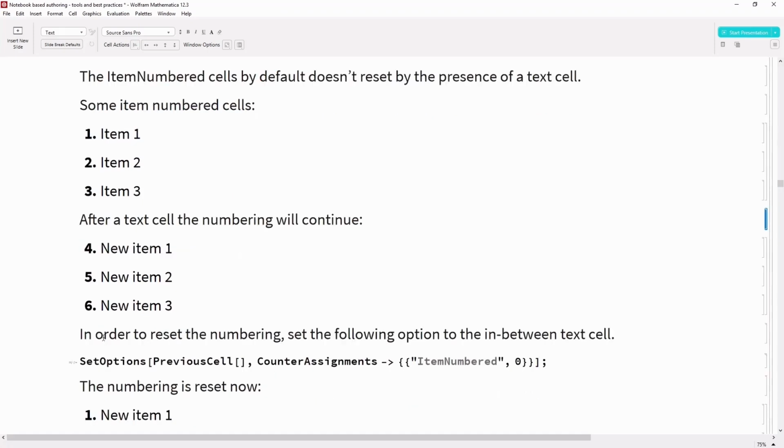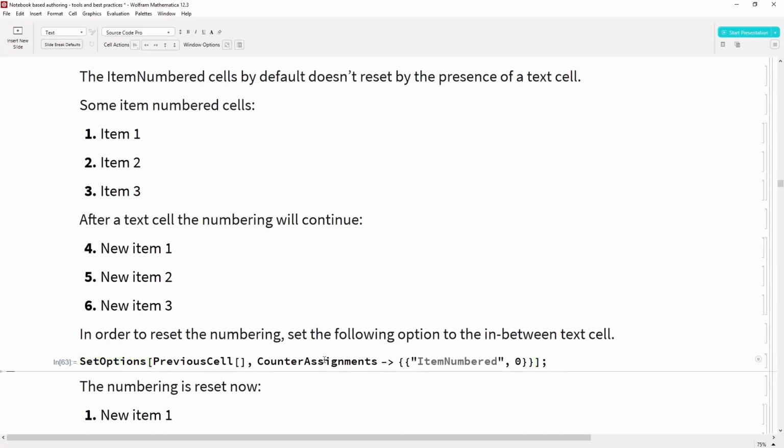So in order to avoid that, we can set our counter assignments from that cell for that particular cell style. Here my cell style is item number. So for that particular cell style, we can reset the counter assignments.